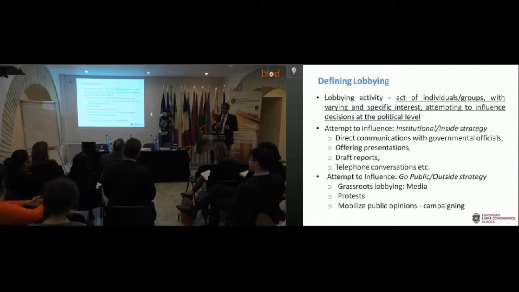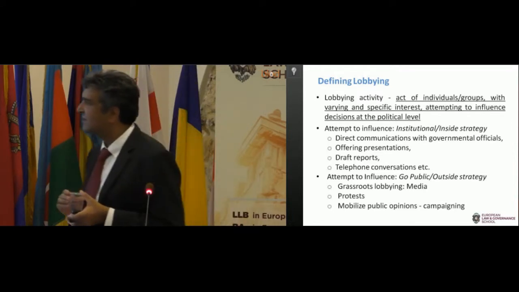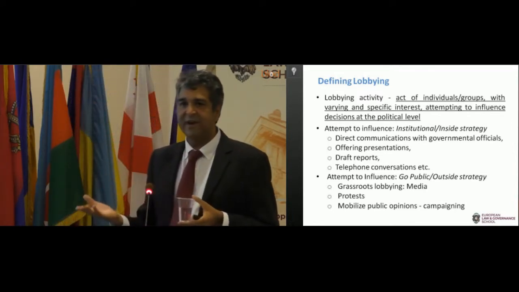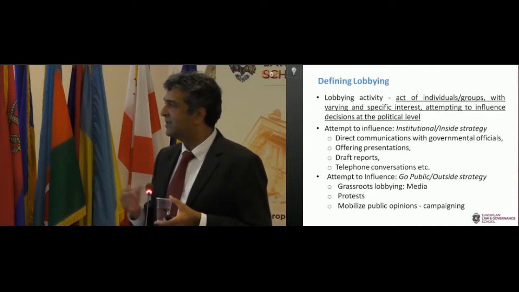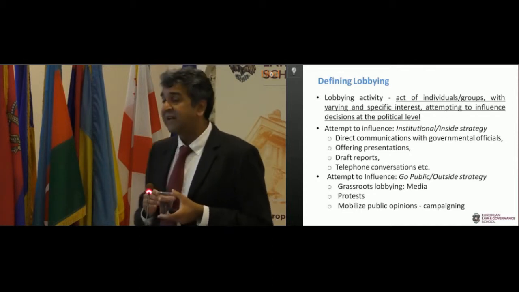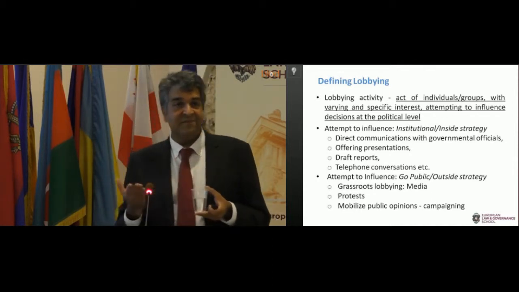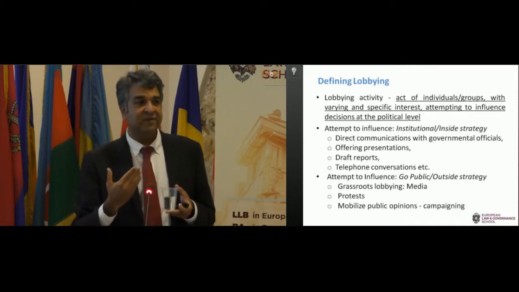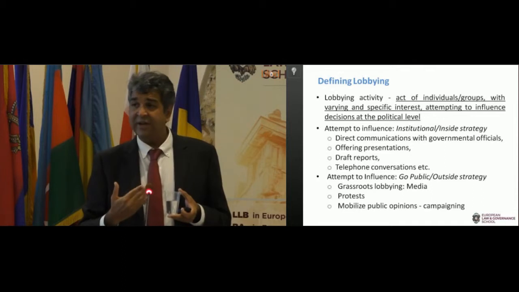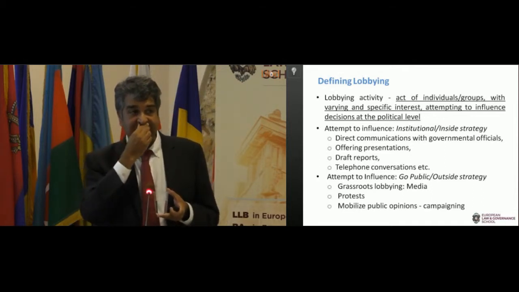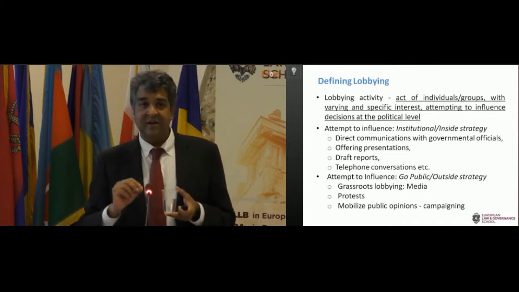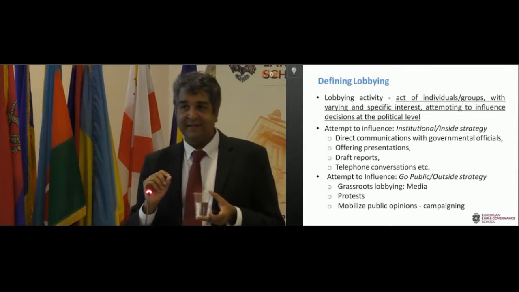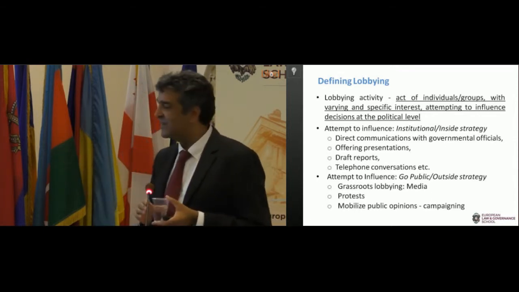How do they try to influence or communicate on a specific political decision? Well, generally from our political system analysis, there's the institutional strategy, which includes direct communications with government officials, offering presentations, potentially giving draft reports, telephone conversations, and the old important one, having a meal with somebody, right? We often think that that isn't an act to seek to influence, when it's probably one of the most effective ways to influence somebody. In fact, lobbyists that we've talked to in Brussels have said one of the most important tricks they learned when they first started was learning how to have 3 or 4 glasses of wine in their first lunch with a government official and still be successful in their lobbying